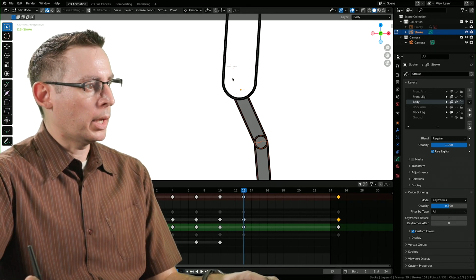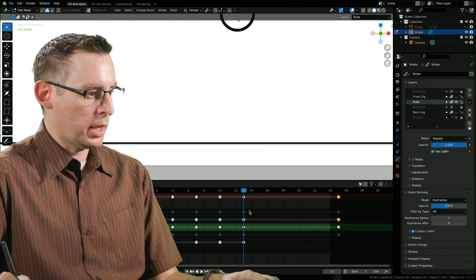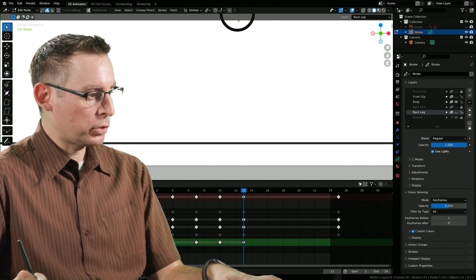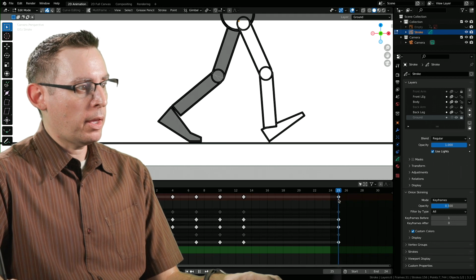It's nice to be organized. And it's going to help us in a minute when things get a little wonky. And it really is going to get a little wonky. Again, let's duplicate that first frame and bring it over here to the last. That way, we have everything dialed.